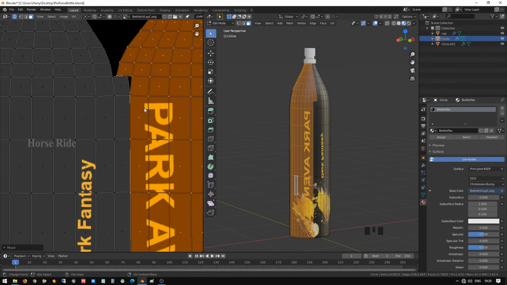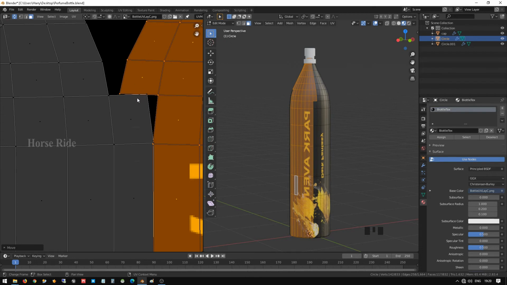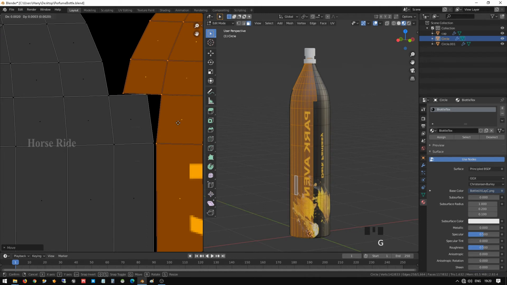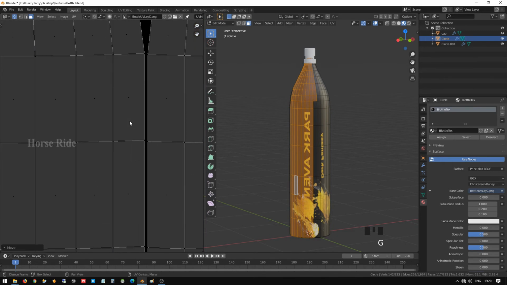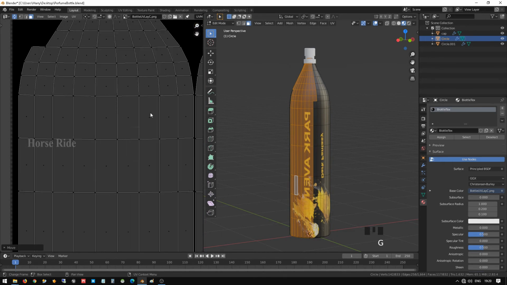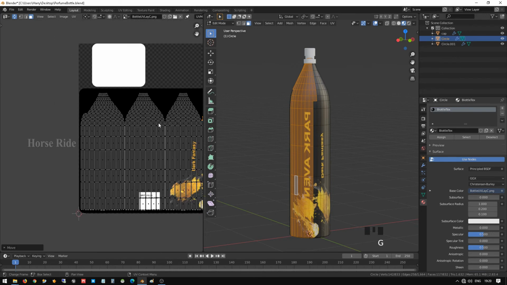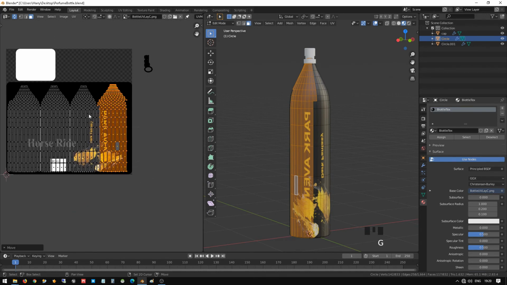Please confirm that it should not overlap the other unwrap UVs, because while doing the modeling and creating the lightings, it makes issues. So don't forget to clear those gaps. So here everything is attached correctly, and here fine. While you're doing the manual adjustment, don't forget to align that.